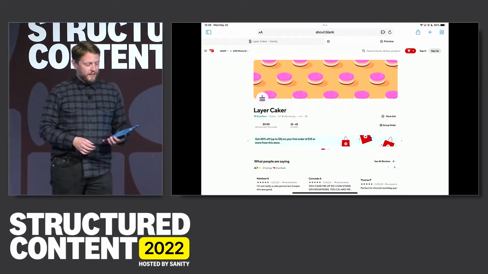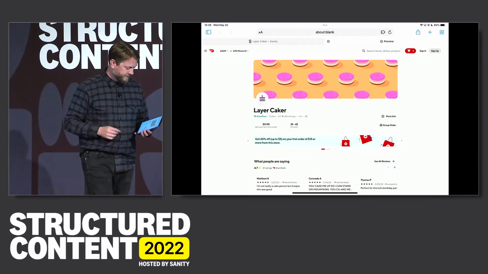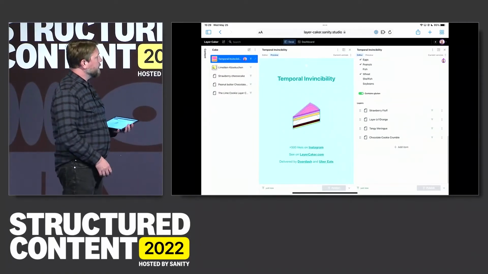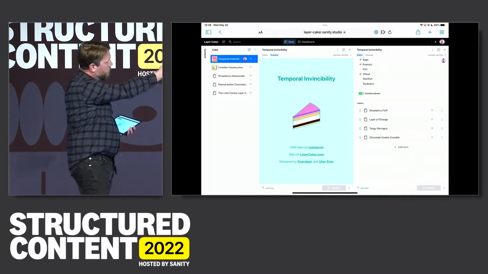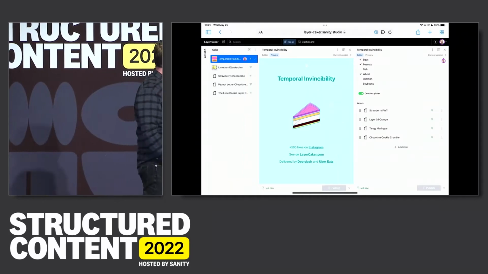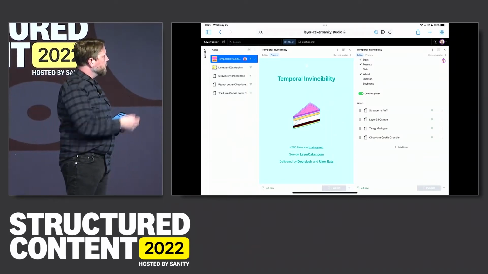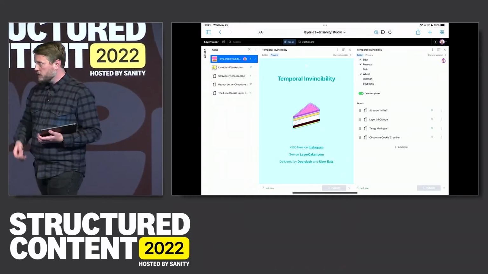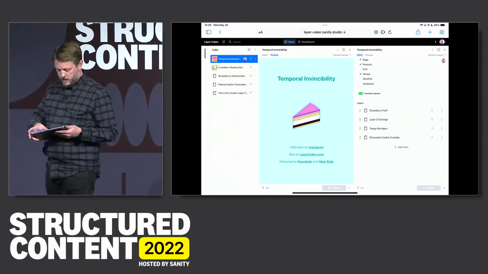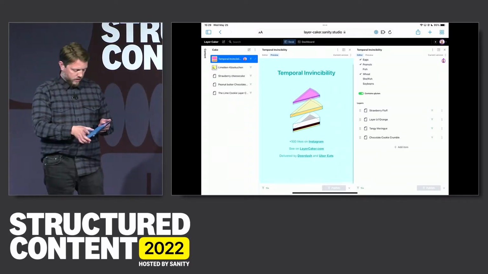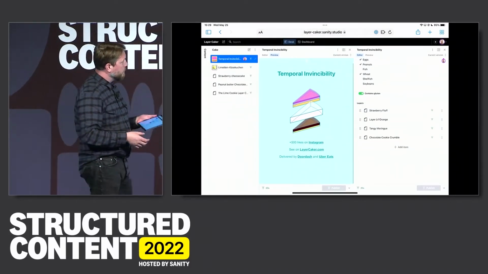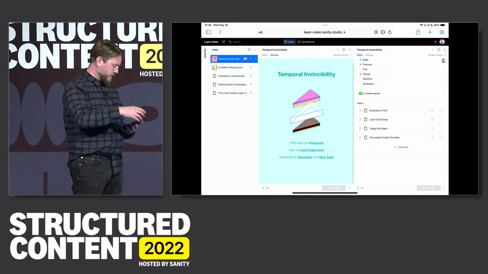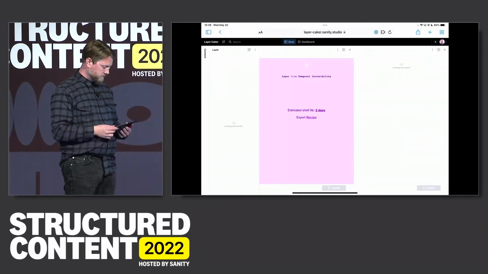And how do we do that? More structured content. Back to our editing here. You can now see on the bottom of the right here, we've now expressed the layers that make up this particular cake with other documents that express those layers. I think I can even explode the cake here, yeah. And you can see them in the illustration. Let's click on one of them and see what makes it up in terms of attributes.